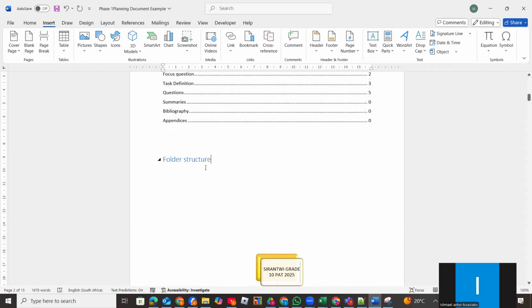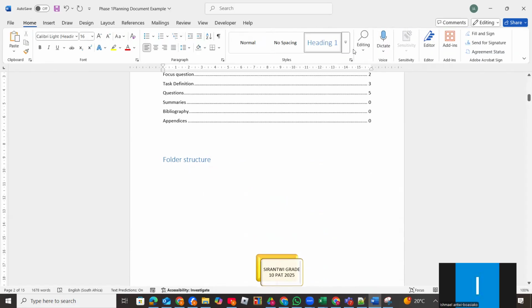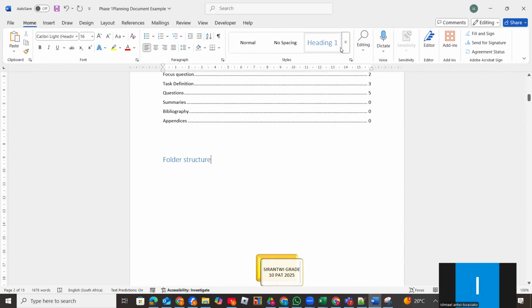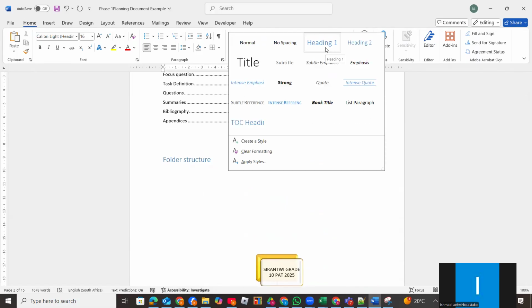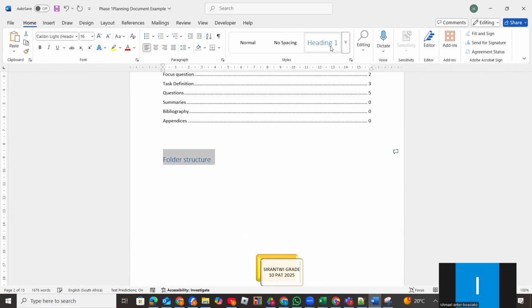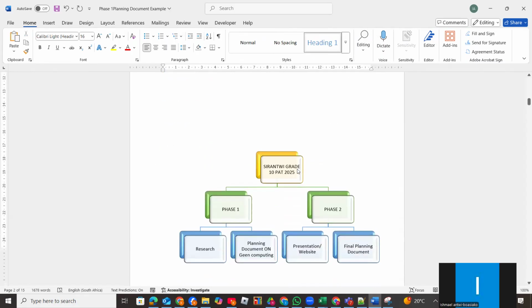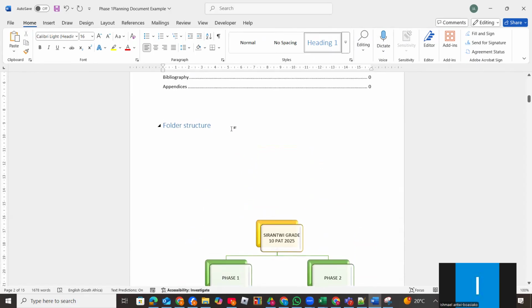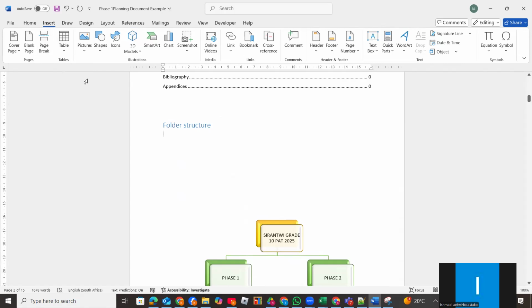Right, now your folder structure, you must choose maybe Heading 1 style. So this is a style. When you go to Home, select one of the styles, maybe Heading 1 or Heading 2. Right, now you design your folder structure in this way by using, you go to Insert, and then you can